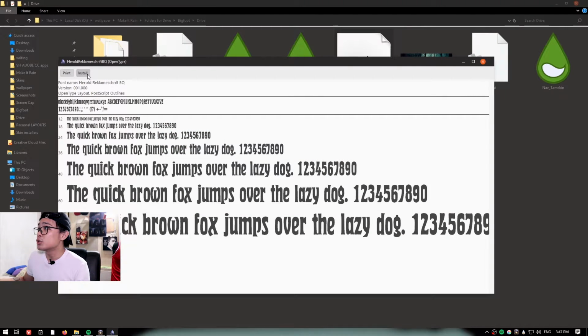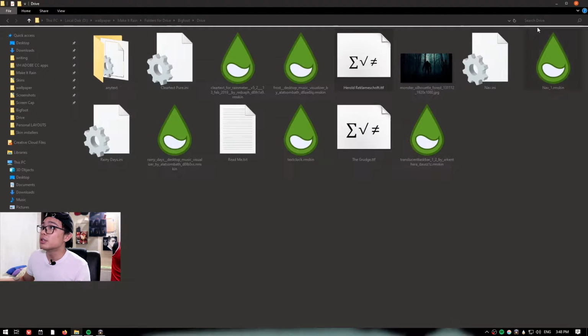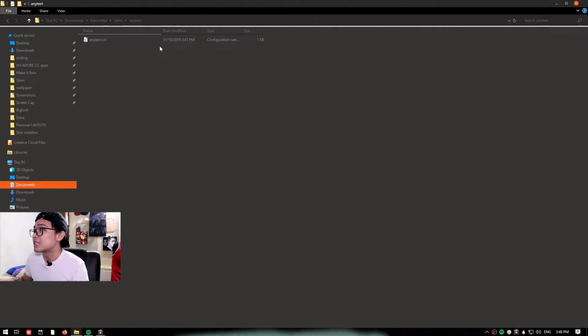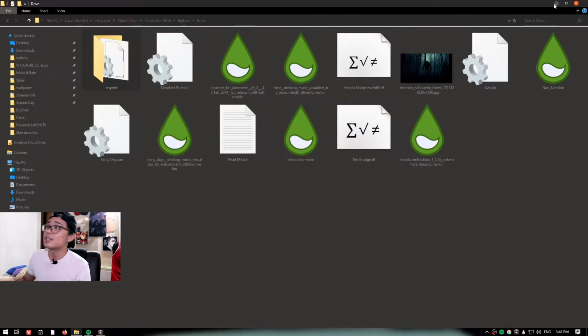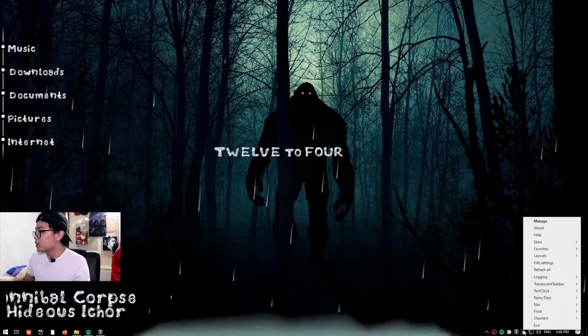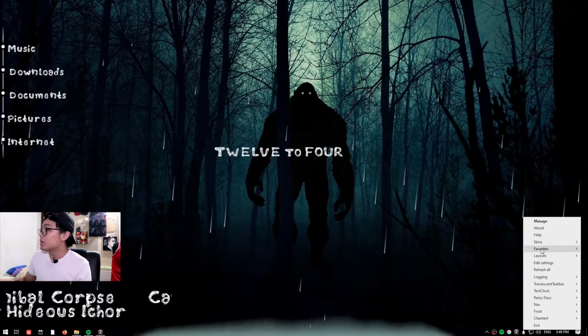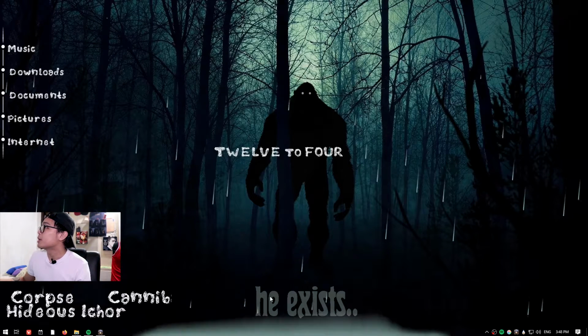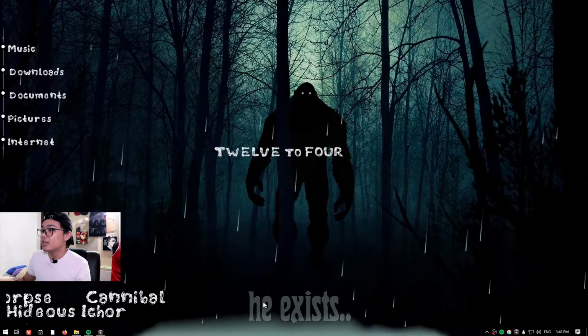So next, what I want you to do is find the AnyText folder from my Google Drive, copy that, and just copy that directly to the skins folder where everything else is. Just paste that there, and you're gonna find this AnyText and then one document inside. Don't worry about that. You don't need to install this part. Right click on the Rainmeter teardrop icon again, skins, and AnyText. Click on AnyText, and you'll see